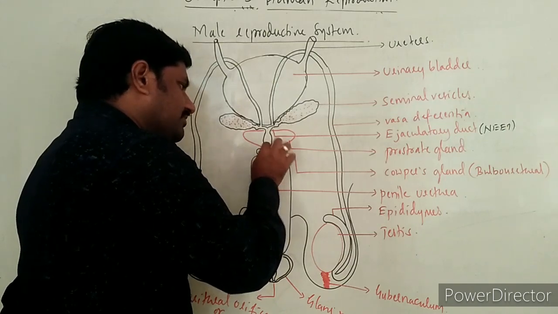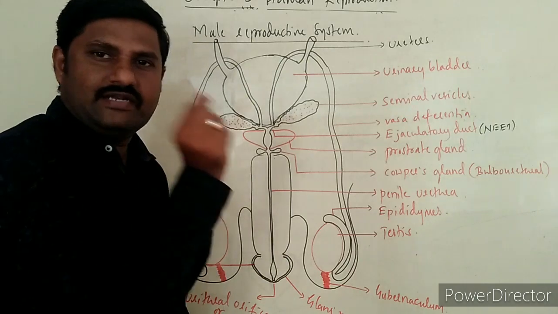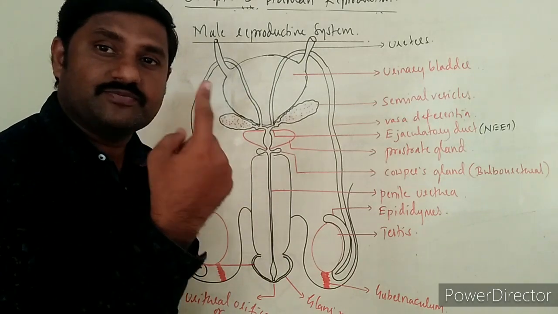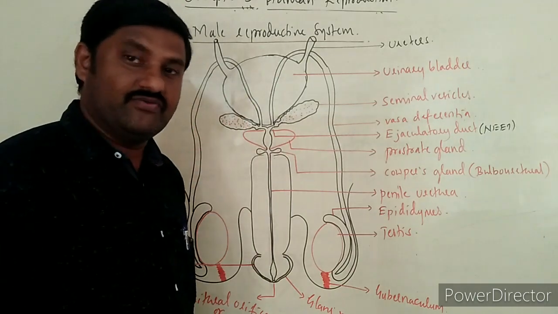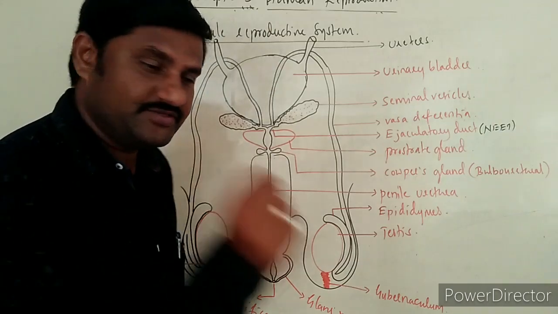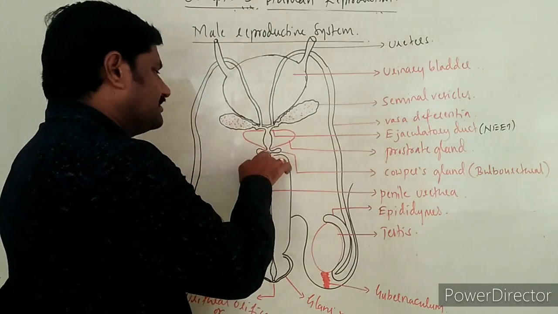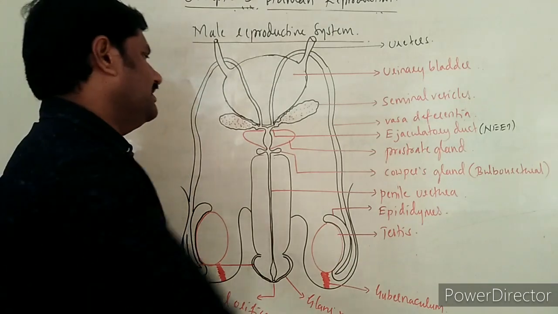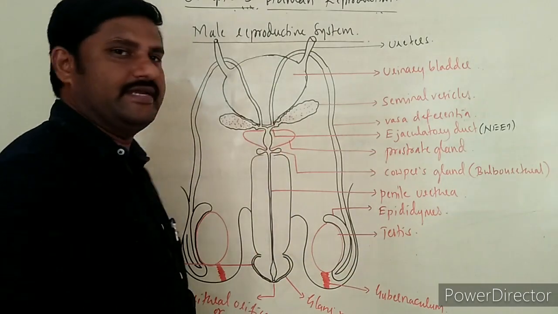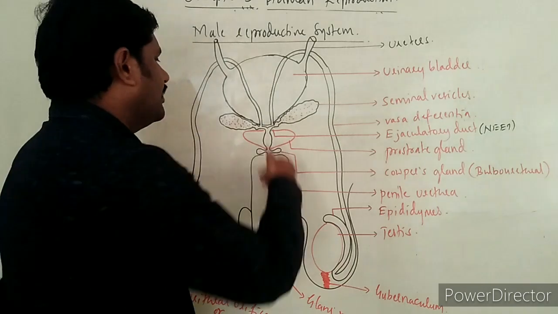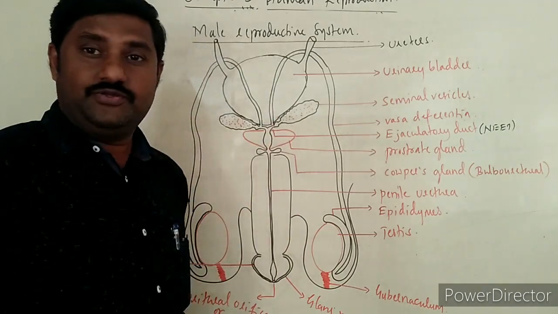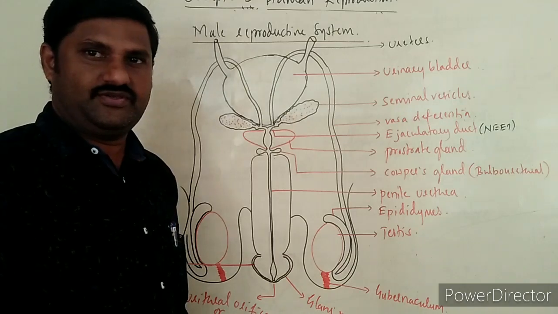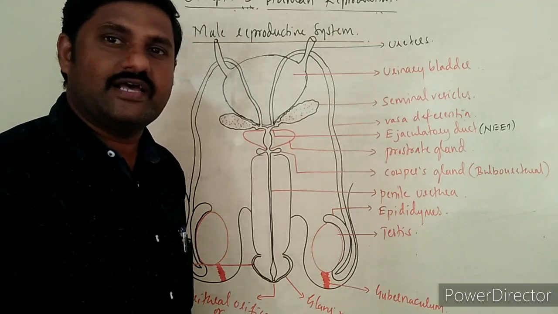The next urethra is a very short one, and that urethra is called the membranous urethra. What is it known as? Membranous urethra, right? So this urethra is also there. Now we came to know what the ejaculatory duct is, right? What is urethra? Urethra in human males is called the